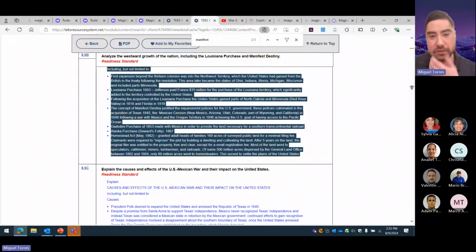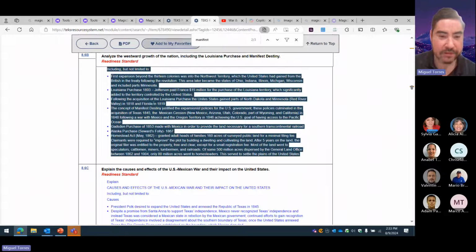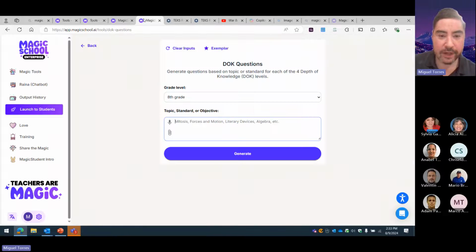And you want to see if your students can master, let's just say, what do I want them to do? What do I need them to do for depth of knowledge? What should they be able to master? I just copied the TEK, so I'm going to go back and put DOK. Depth of knowledge has levels 1 through 4, 1 being the lowest and 4 being the highest in terms of Bloom's taxonomy, in terms of student learning retainment.